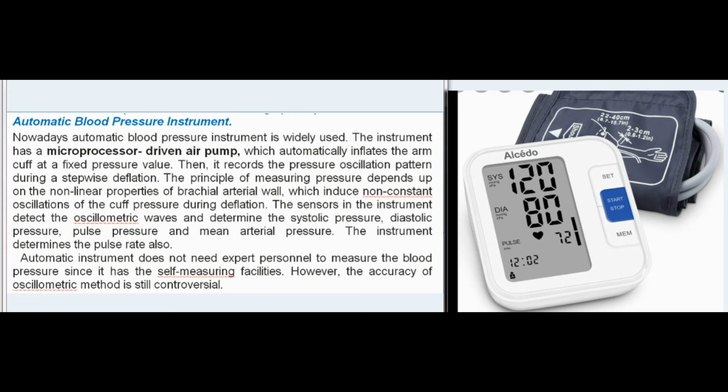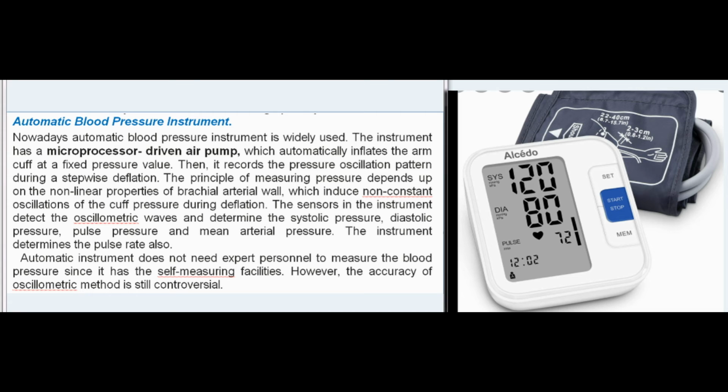Automatic blood pressure instrument. Nowadays, the automatic blood pressure instrument is widely used. The instrument has a microprocessor-driven air pump, which automatically inflates the arm cuff at a fixed pressure value. Then, it records the pressure oscillation pattern during a stepwise deflation. The principle of measuring pressure depends upon the nonlinear properties of the brachial arterial wall, which induce non-constant oscillations of the cuff pressure during deflation. The sensors in the instrument detect the oscillometric waves and determine the systolic pressure, diastolic pressure,